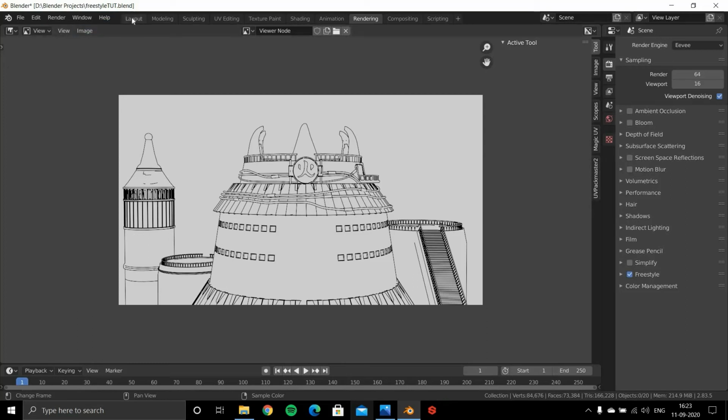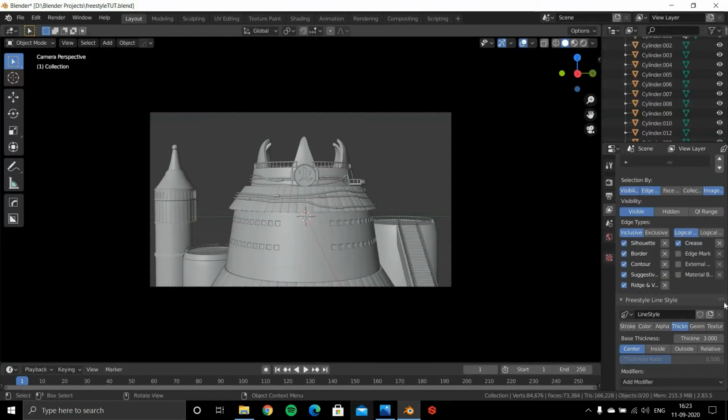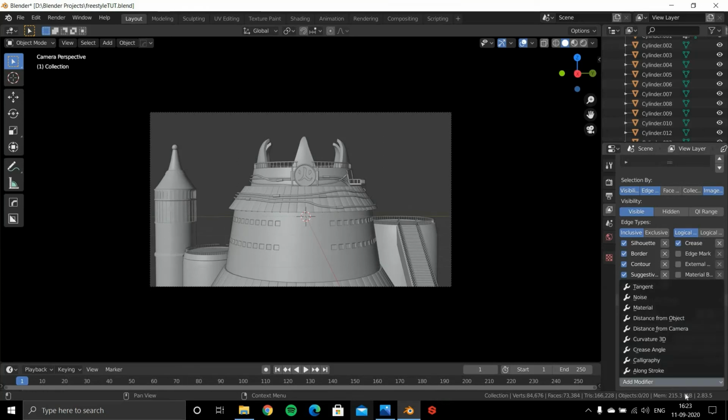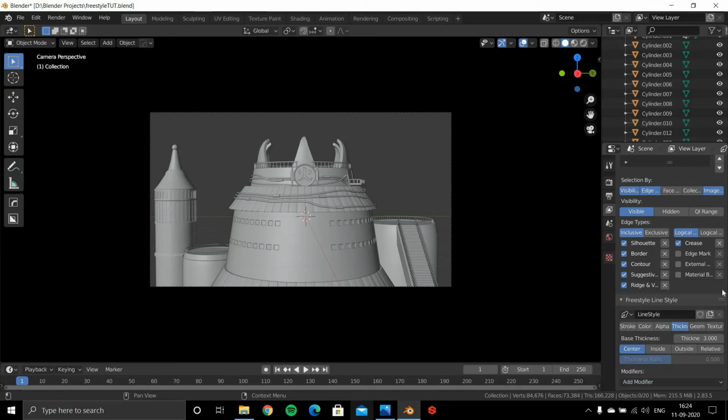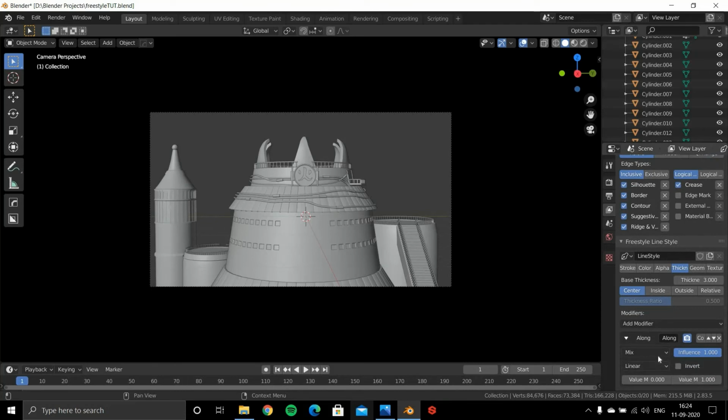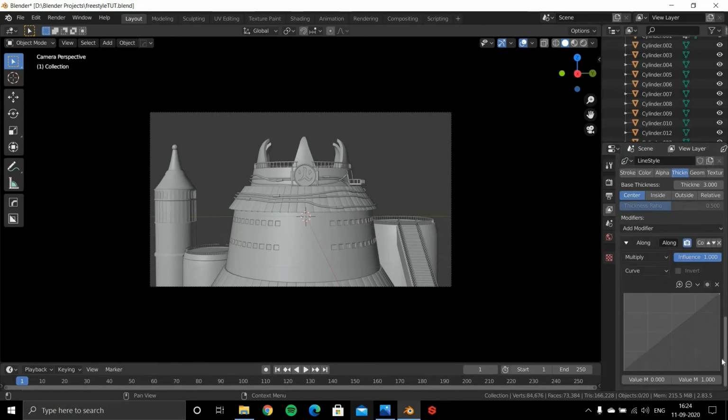The next thing we will do is, as you can see here, all strokes are completely uniform. I mean, when we draw, it is not like there is always a straight line. So now what we can do is, in the thickness panel, add a modifier and add the modifier along stroke. What this will do is create variability in the stroke. So set this to multiply and linear to curve, because we want to set the curve. Now this controls the thickness of a single stroke. So we want the stroke to be the thickest in the middle and thin at the start and the end.